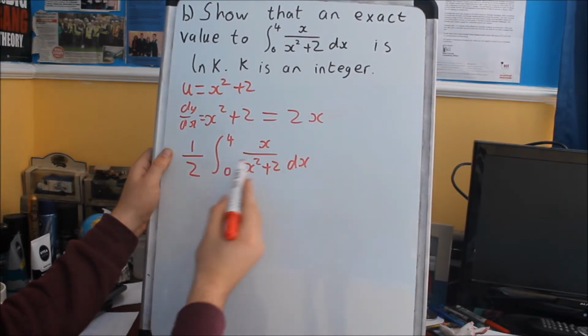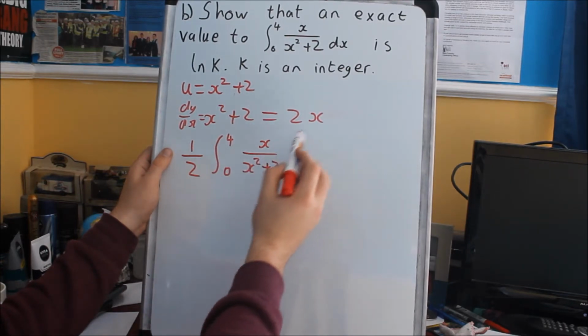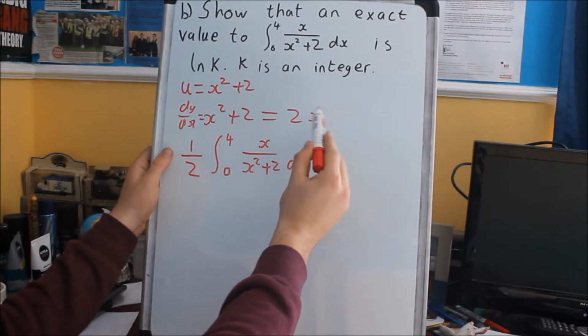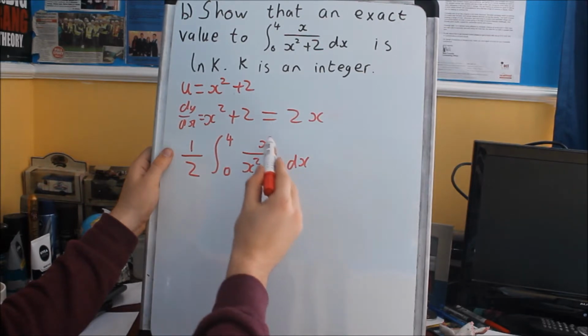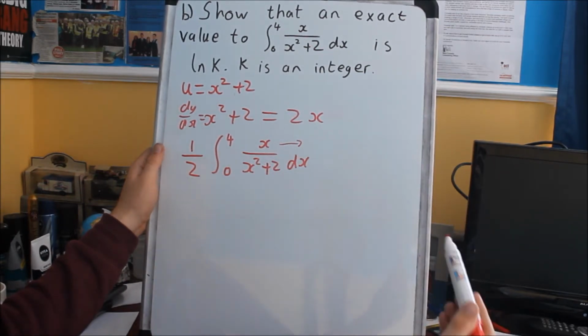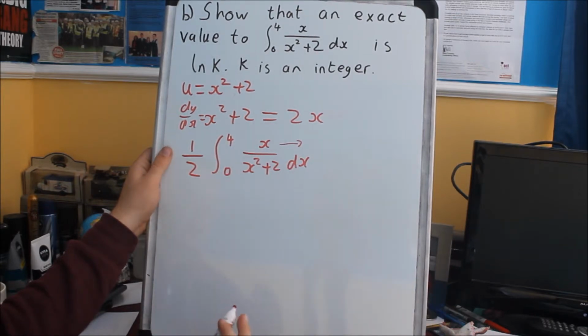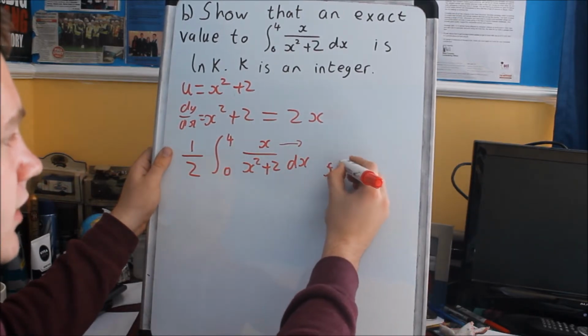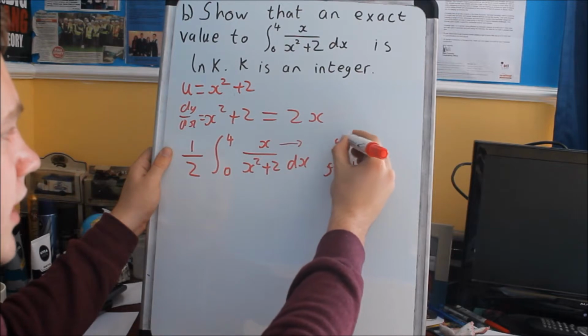So we've taken a half out, and that just leaves x. Now, because this numerator is the differentiated version of the bottom, so if the bottom was f of x, the top is f dash x,